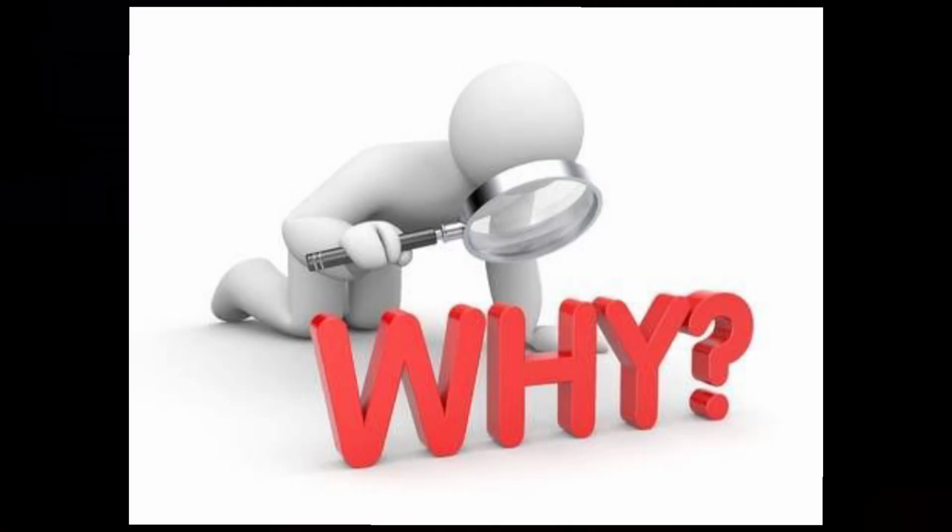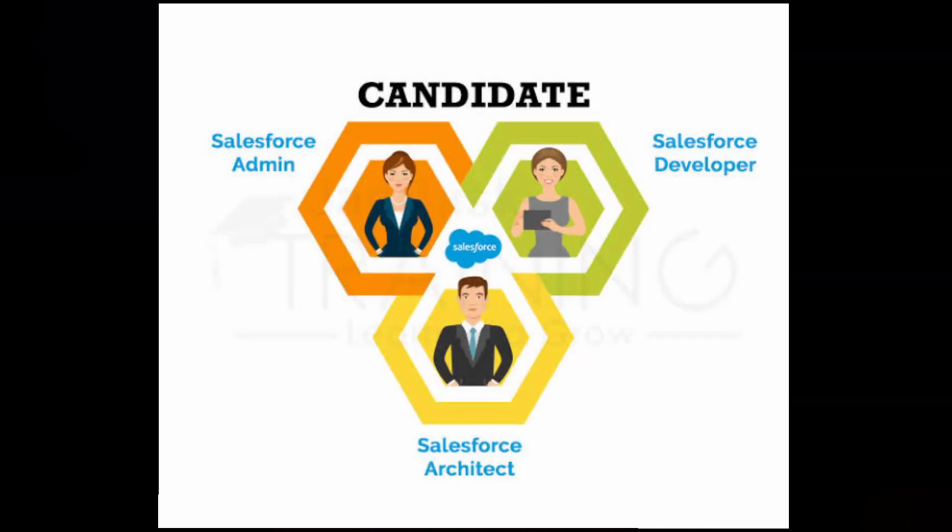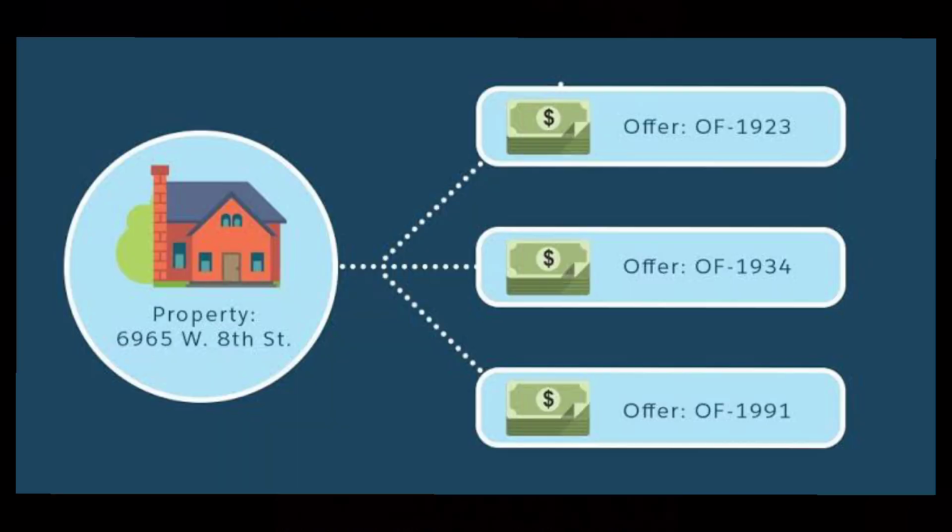Now, before discussing the types of relationship, let's discuss why do we need relationship in our Salesforce and what is relationship. A relationship is a two-way association between two objects. Relationship associates an object with another object, and we create relationship to link objects with each other so that when our user views a record, they can also see the related data. Now let's discuss the different types of relationship we are having in our Salesforce.